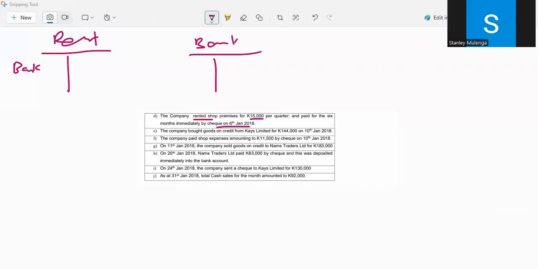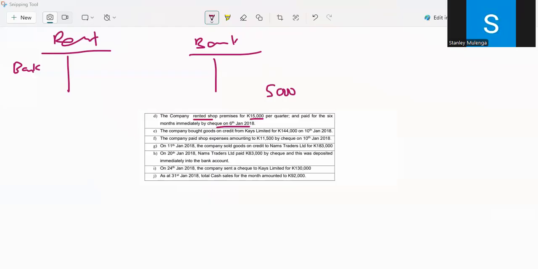Okay, so we're saying the company rented shop premises for 15,000 per quarter and paid for 6 months immediately by check. So meaning divided by 3 per month is how much? 5,000, right? Yes. Okay, so 5,000